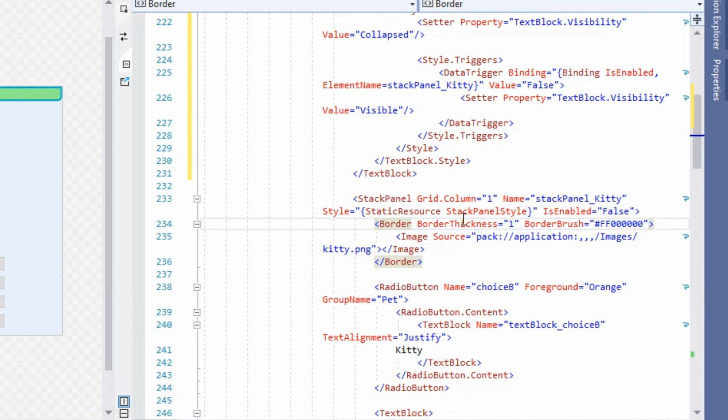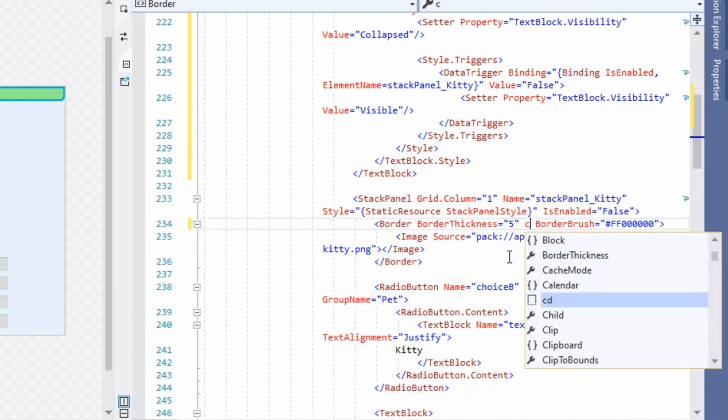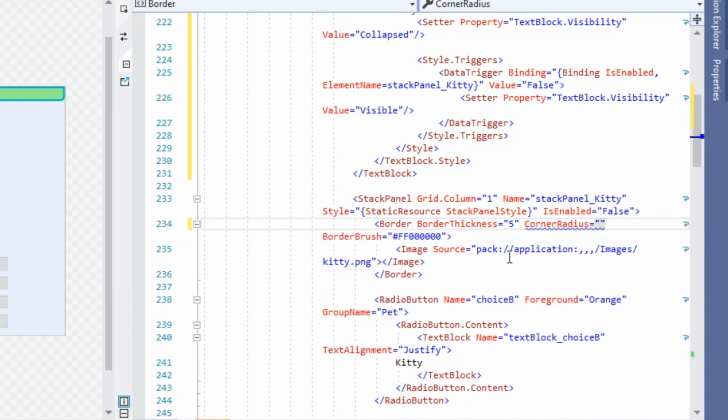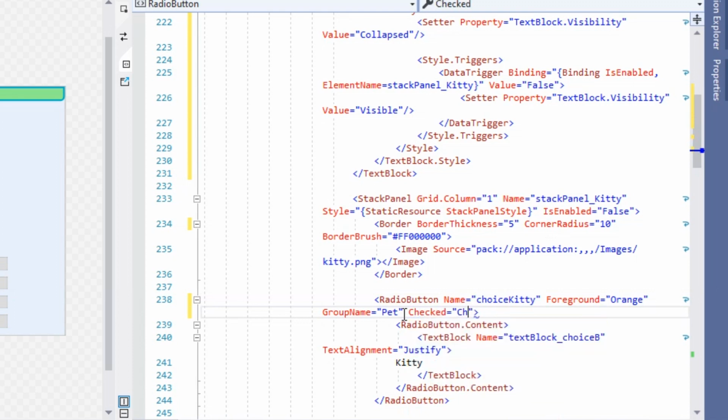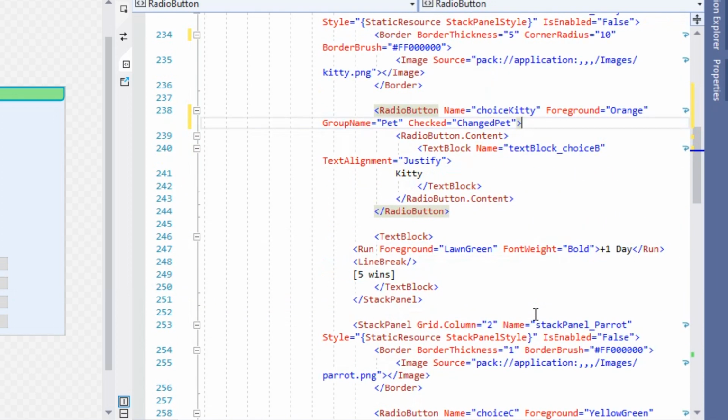Let's change the border thickness to 5 and add a 10 pixel corner radius. We will rename it from choice B to choice kitty. Add a checked event to it called changed pet, which we will code later.